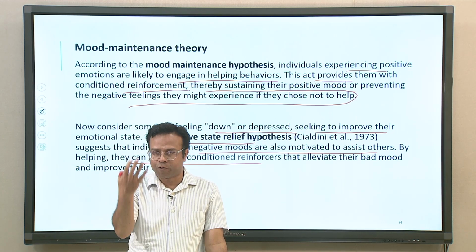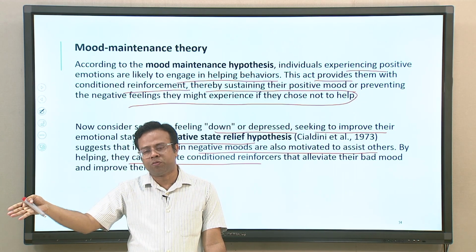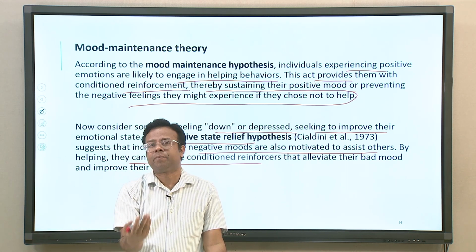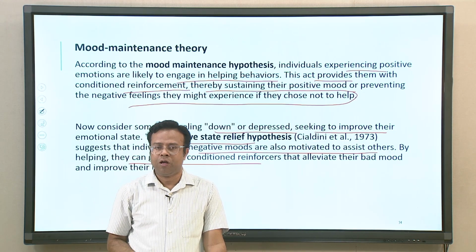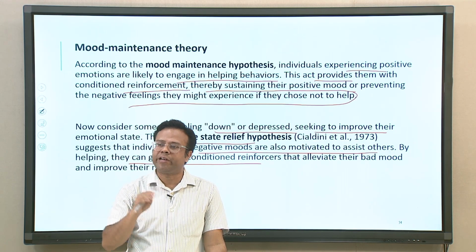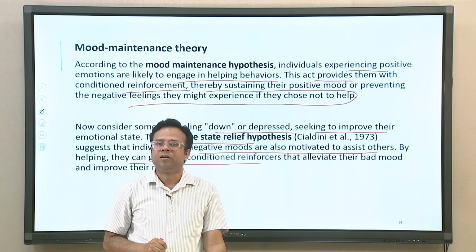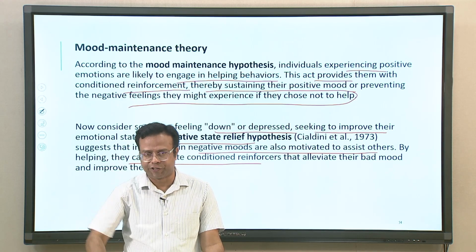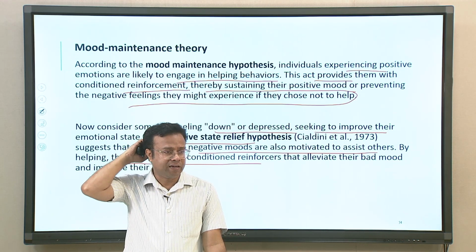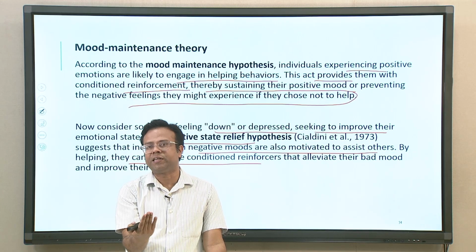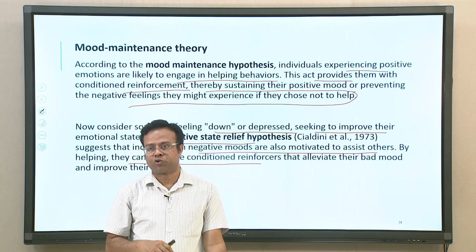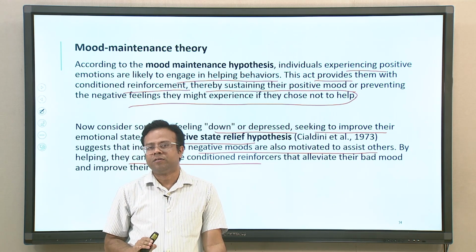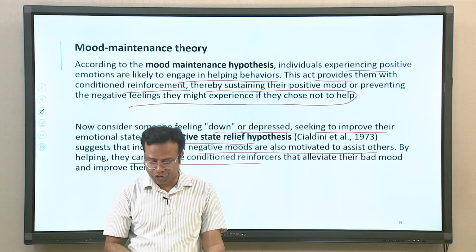One is saying when you are in a positive mood, you may also many times engage in prosocial behavior. The reason is people want to maintain that positive mood, and helping also increases and maintains their positive mood. On the other hand, many times negative mood also may lead to engaging in prosocial behavior. The motivation behind it is to change the negative emotional state to a positive emotional state. So, this can also explain how a positive emotional state may lead to prosocial behavior. Higher positive emotions and well-being can lead to prosocial behavior, particularly this model talks about positive emotions.